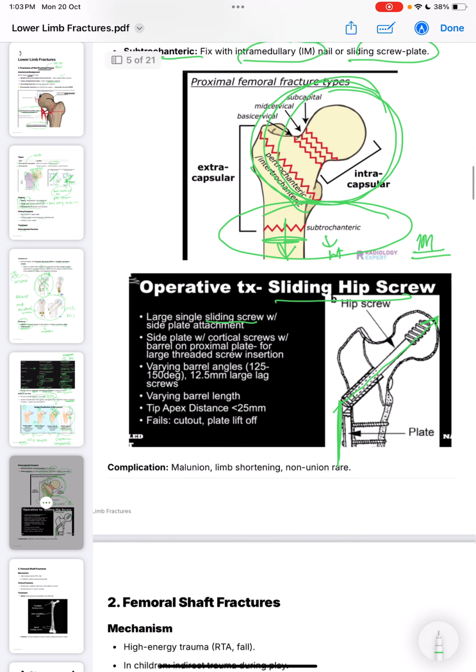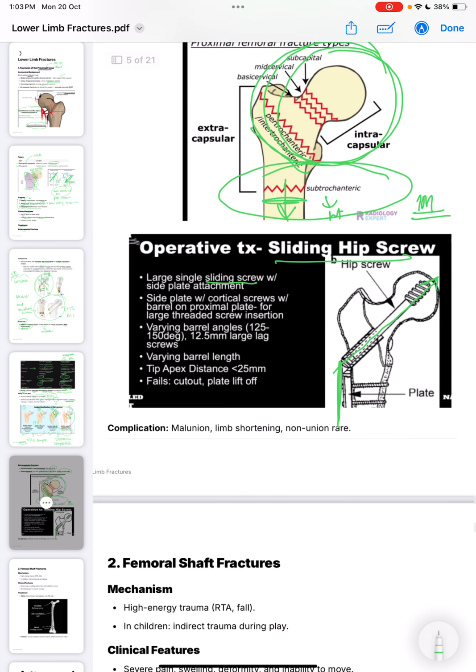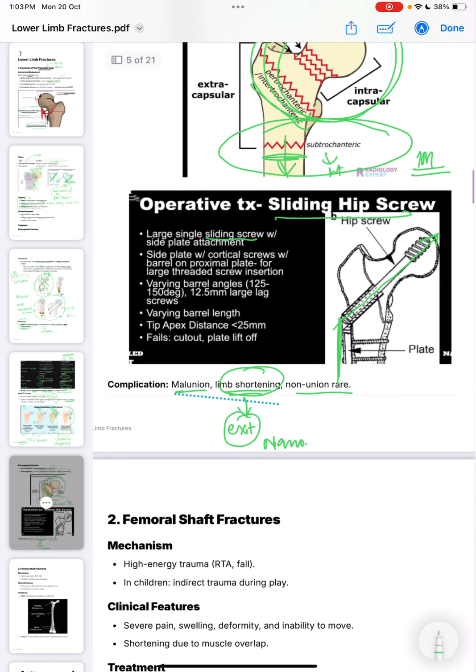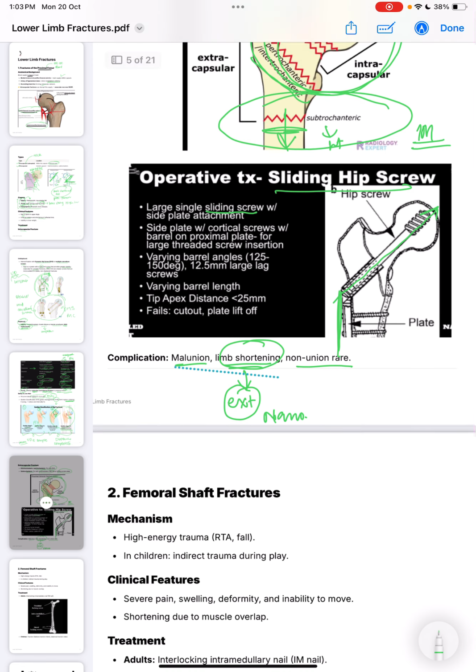ठीक है, अब इसकी complications क्या हो सकती हैं कि limb जो shortening हमने कहा था, shortening and external rotation थी, हो सकता है कि जो limb shortening है वो permanent हो जाए। This is also a complication that may arise. And non-union भी हो सकता है और malunion हो सकता है। ये तो हमेशा fracture में जब भी हम करेंगे तो ये एक हमेशा common feature है, राइट।